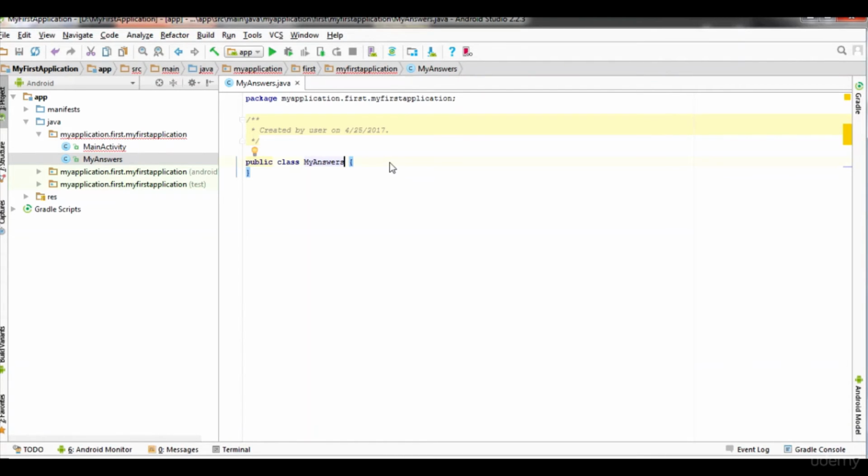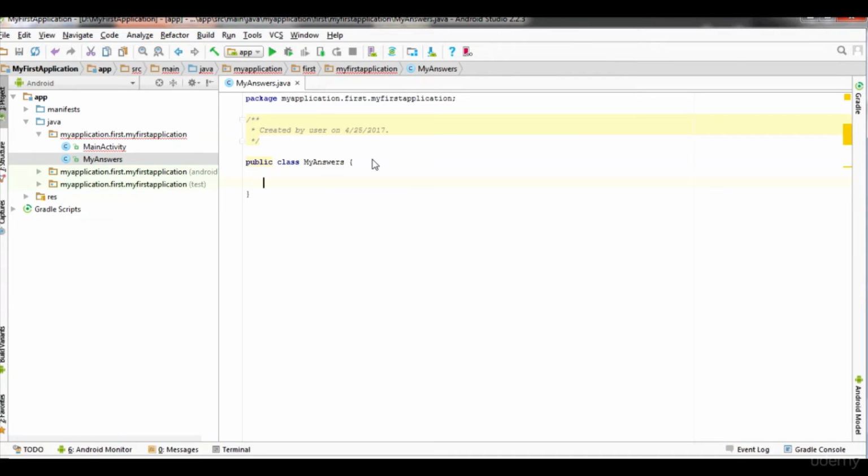Next, I'll first add some pieces of code over here. For that, first you need to understand the requirement, what exactly you need to write in the MyAnswers.java file. I have told you this earlier as well. Before writing any piece of code, just visualize what exactly you need in MyAnswers.java.